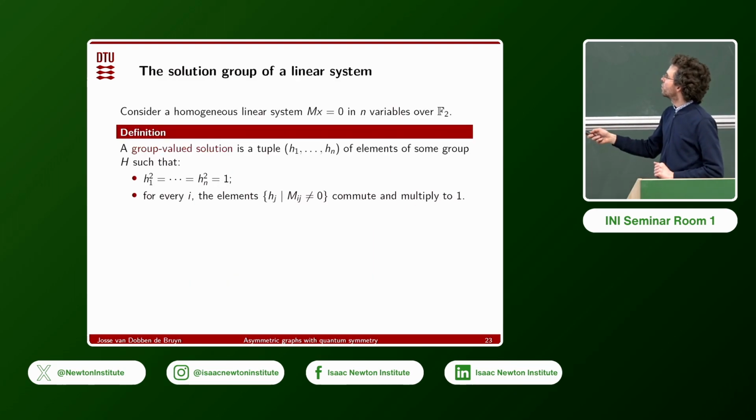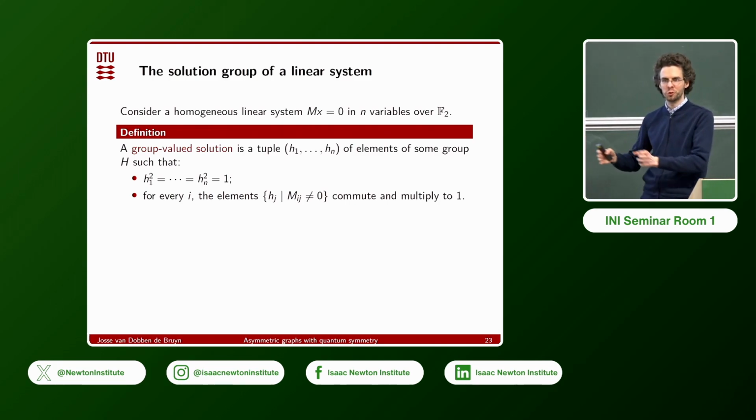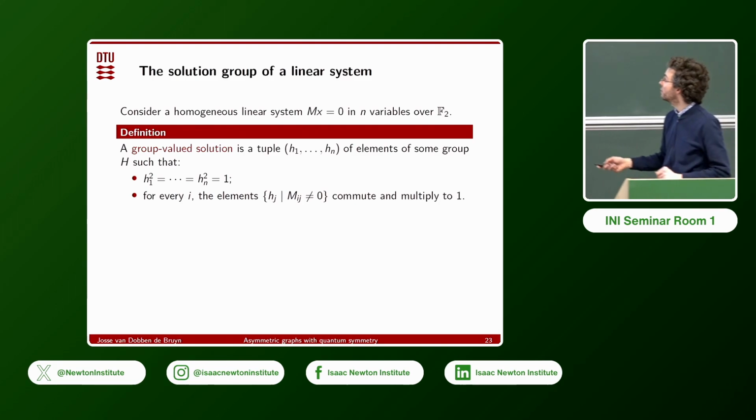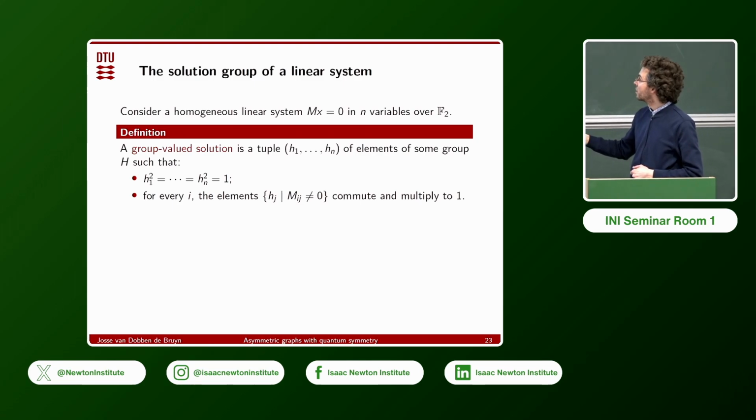Okay, so now the next step is the solution group. So I'll define what a homogeneous solution group of a linear system is, and those who have studied linear system games will recognize this from non-local games. If we have a homogeneous linear system Mx = 0 in n variables over F2, then a group valued solution